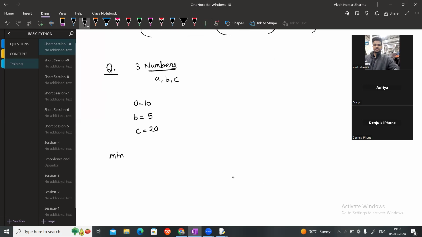So what is the logic now? See, if A is less than B and A is less than C, if both the conditions are true, that means minimum will be A only, right? So if A is less than B and A is less than C, right? If this condition is true, that means the output will be A. Else,